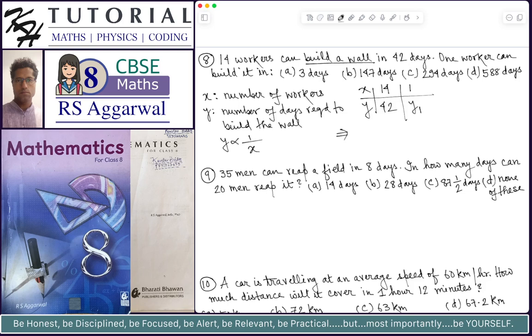So we must have 14 multiplied by 42 is equal to 1 multiplied by Y1. So this implies Y1 is equal to 14 multiplied by 42, which is equal to 588